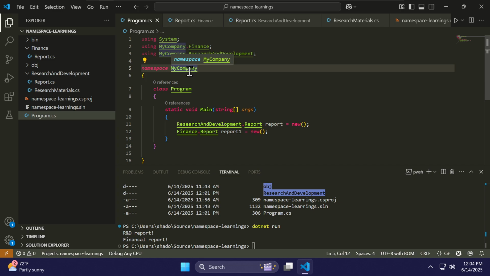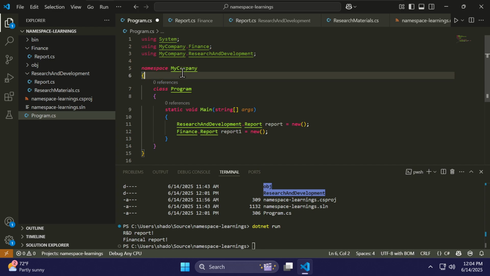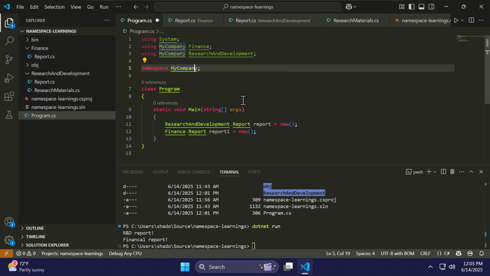So one of the other options here is convert to file scoped. If we do that, it just puts a semicolon and removes the scope. Block scoped is what this one's calling the other one. I think I've actually seen it as nested is the actual name, but there's not a lot of difference. In the block scoped one, everything in here is scoped. In this one, everything in the file is in this namespace. Even this stuff up here that's not here, this is technically here, but a using statement doesn't actually belong in a namespace. It's telling you it's included. A little different, but